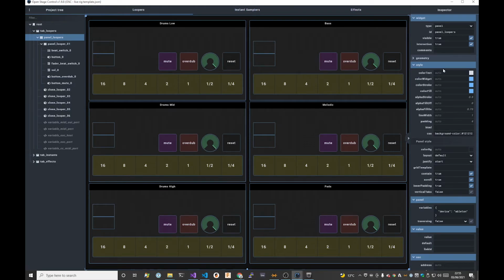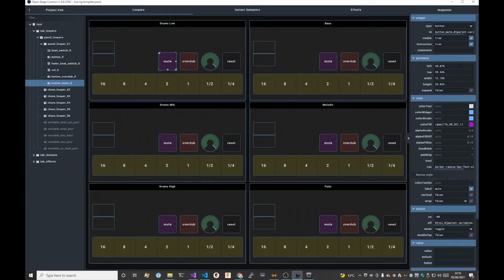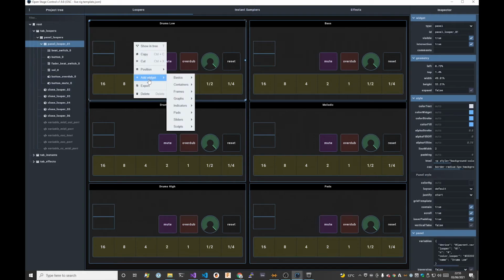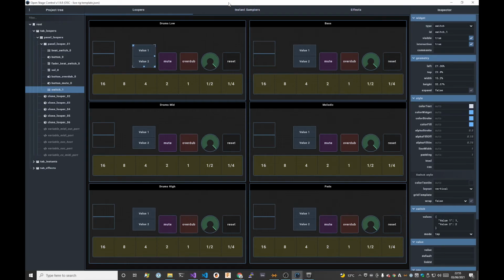Oh yeah, I was going to say something about the percentages. In terms of geometry, it's like when you create a new widget. I've got a switch here. Make sure that when you create something new, you put in percent. This is a little trick here: percent, percent, percent, percent, and then just move it once, and just resize it once. What these will do is turn the values into percentages,